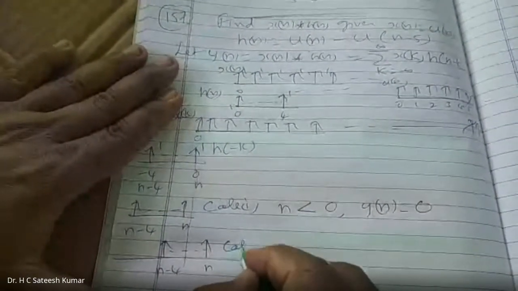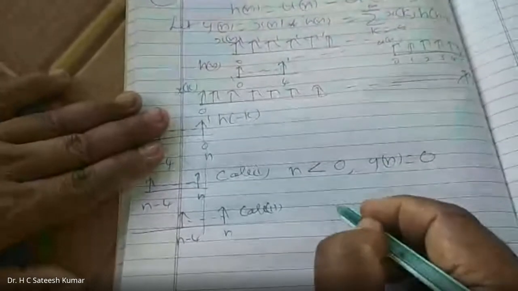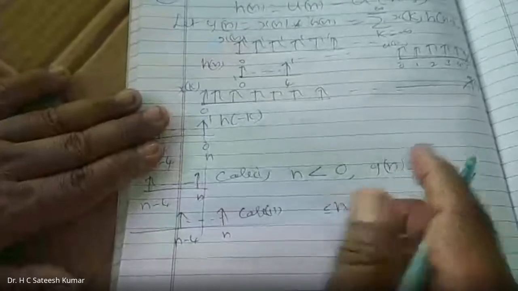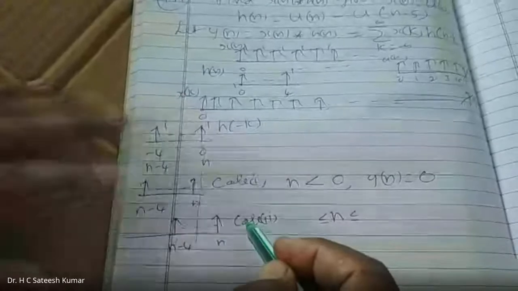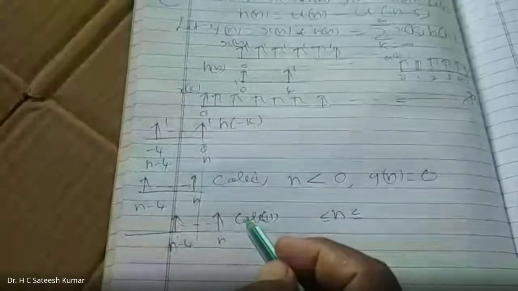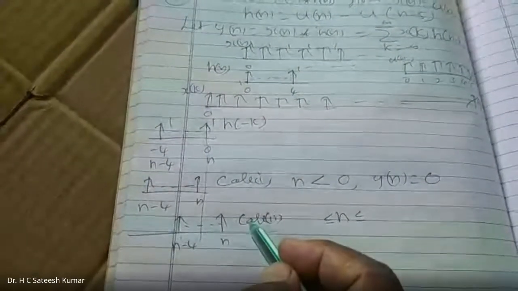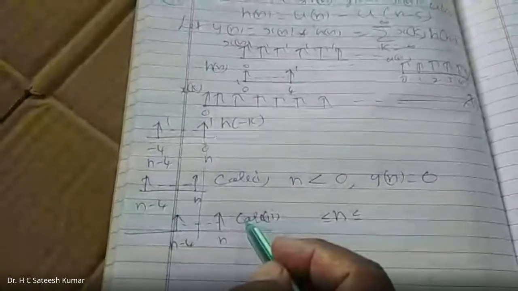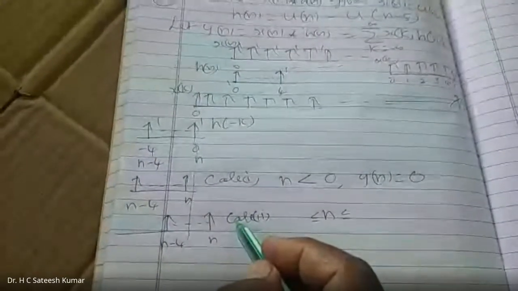Case 2. What is that we are getting? N lies between, where to where you should check it out. Okay, right. Now what is that we have? How many elements are there from 0 to 4? 0 to 4 we have 5 elements: 0, 1, 2, 3, 4. Count it. 1 to 4 is 4, 0 also included. Therefore 5 elements are there, until all the 5 elements get overlapped.